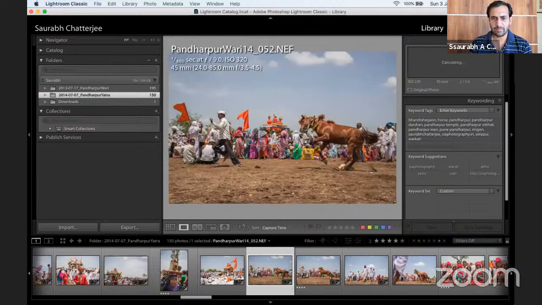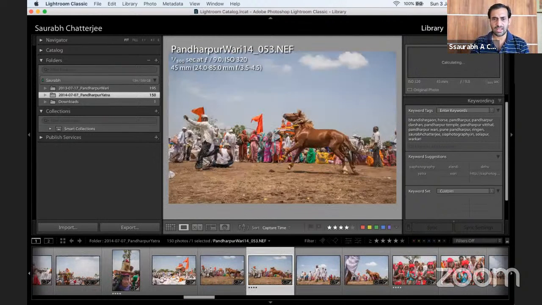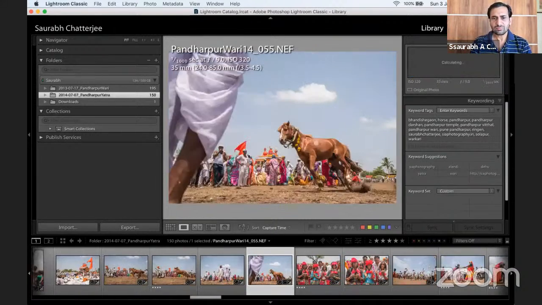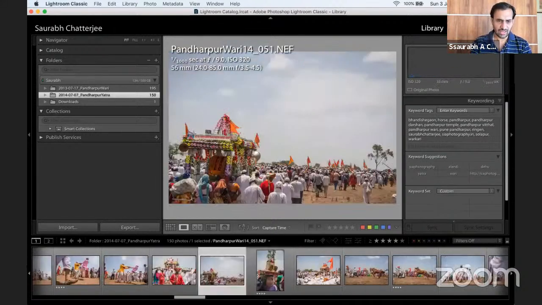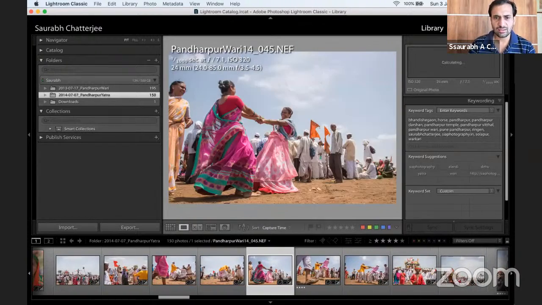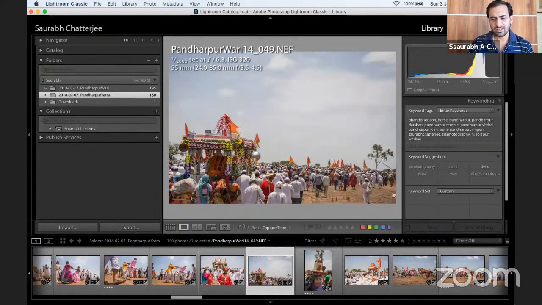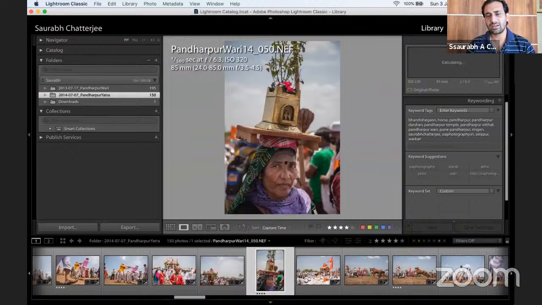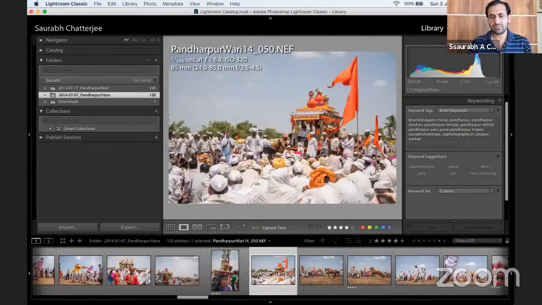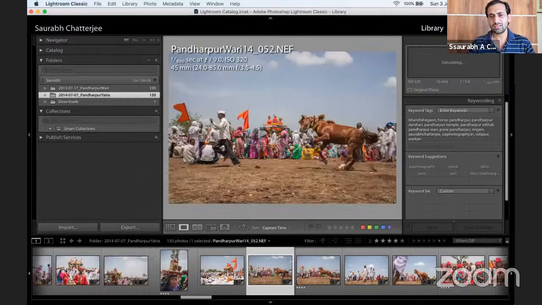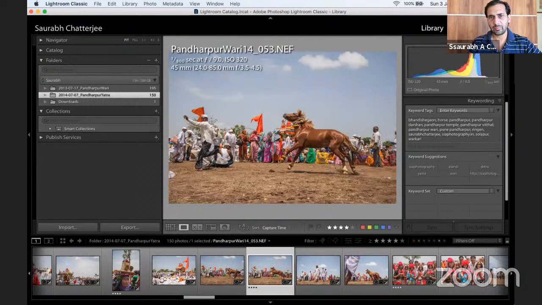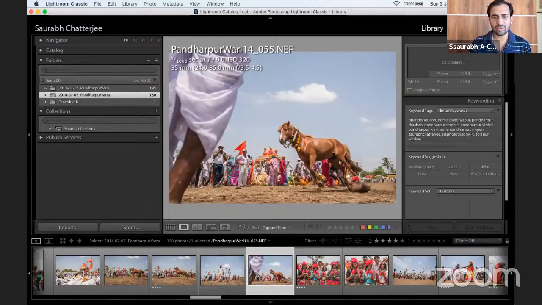A lot of bad pictures, as you can see. This is one picture I liked because of the action of the horse. In this whole sequence, I did not get a single good picture, and in fact, I'm a little embarrassed to say that there were one or two festivals where I went and I was very unhappy. I did not get a single good picture of what I really wanted to capture. So it happened, and I had to go to the festival a second time,